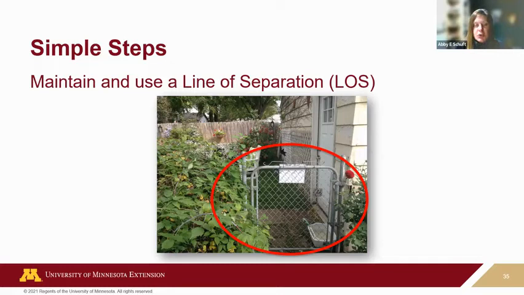So that line of separation is going to be that functional line. The best way to use a line of separation is to have it be something physical. For example, this happens to be a gate in the backyard of a Minneapolis home that has backyard poultry. It could be the walls and the door to your coop or your barn. For me at my home, my line of separation actually is my mudroom door. And so that's where all my barn specific clothing stays. And my line of separation is that door out of my mudroom so that I can go into the barn immediately from there.